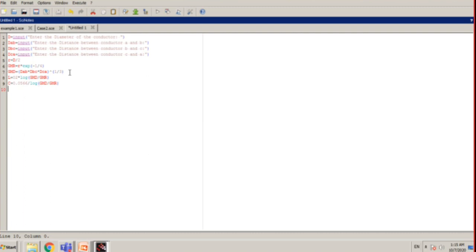Now we want to get the output of inductance and capacitance, so we have to display them. The code in Scilab for this is disp.